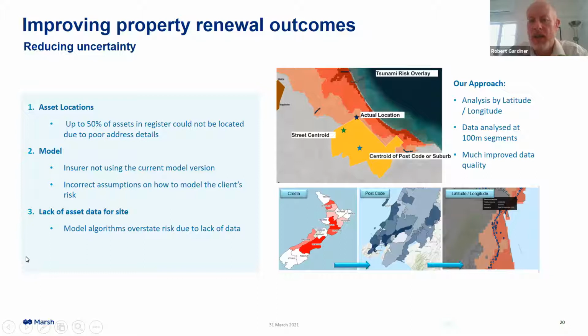And this is what we see, especially in large parts of Australia where we have postcodes which can be over a significant geographic area, where the risk profile for that postcode can be very misleading relative to your own site-specific exposure. So it might potentially highlight that you're in a flood zone when in fact you're not. So that's the risk of having misleading or incorrect address data. And as I said, recent examples where we've seen through our own models where ultimately 50% of the asset schedule couldn't be located to a rooftop level, and that ultimately therefore creates uncertainty with an insurer and potentially results in higher premiums.